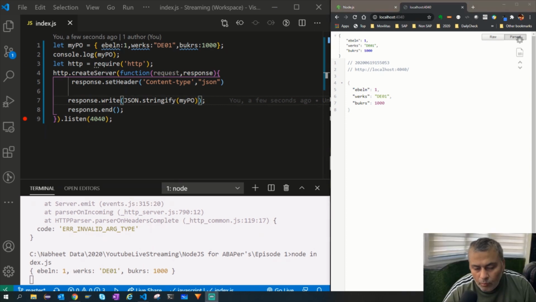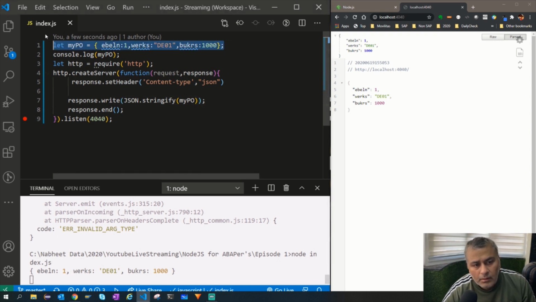So till now, what we have been able to achieve in the last 20 odd minutes is that we understood at a very high level what Node.js is, that it is a runtime on server side which can expose data. Right now we are exposing our local data. It can be integrated with MongoDB, MySQL, different things. We'll do that. But as a first session, at a very high level we understand it is able to create some APIs which can be accessed, like OData APIs, ABAP based APIs, gateway APIs, right? So those we are able to do.